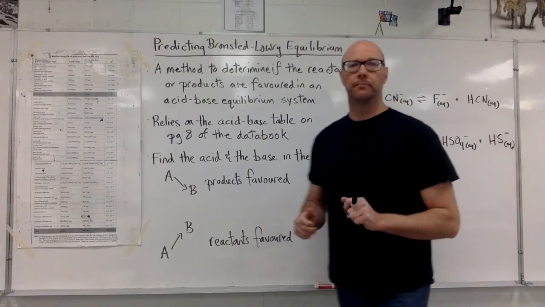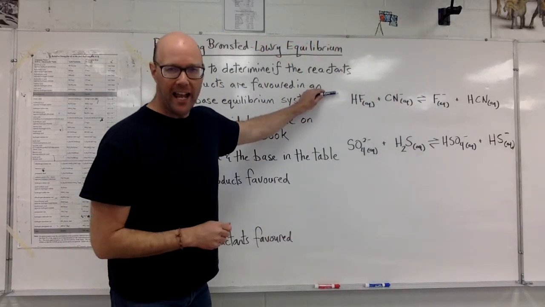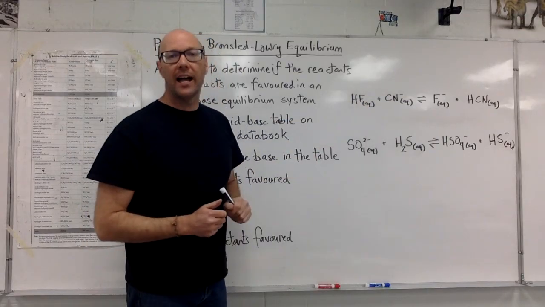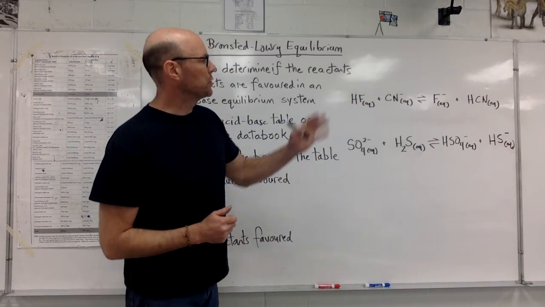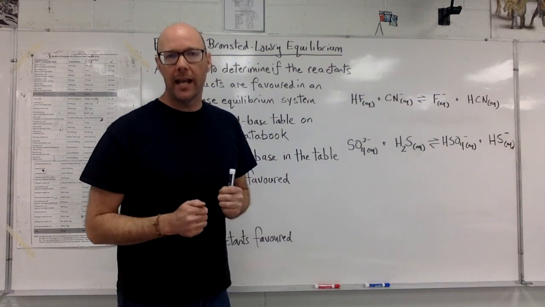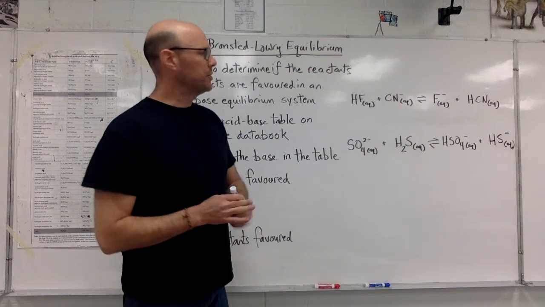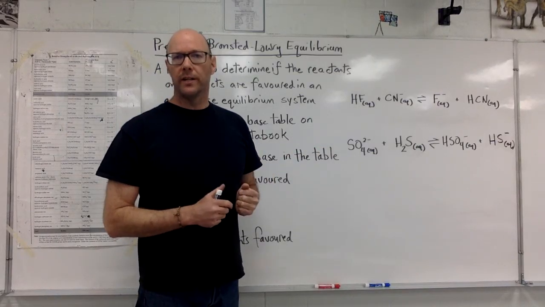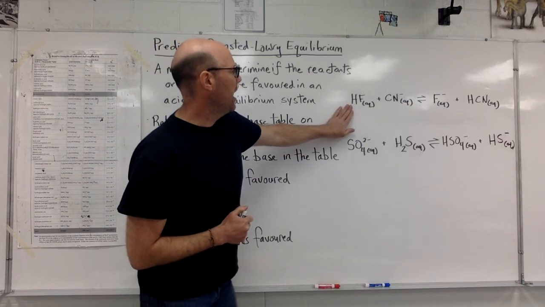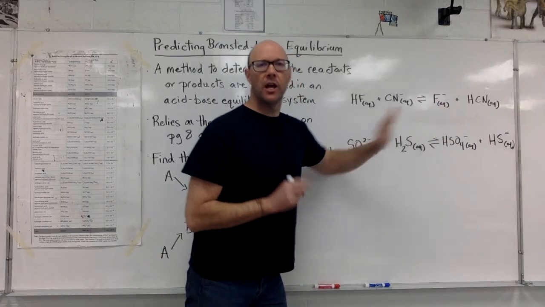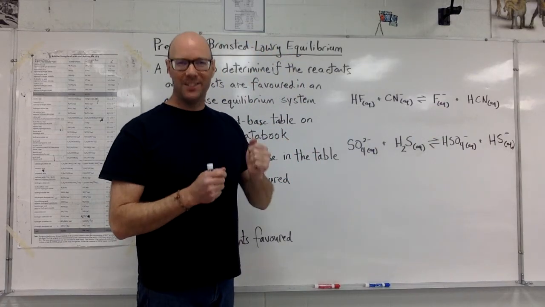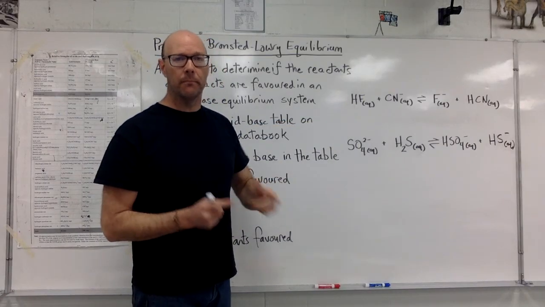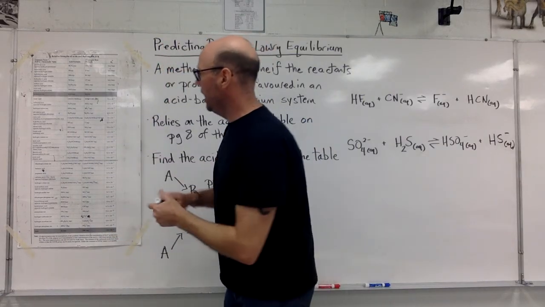Here's two examples. I have HF, hydrofluoric acid, reacting with cyanide ions to produce fluoride ions and hydrocyanic acid. My first step is to look at the two reactants and decide which one is the acid and which one is the base. HF turned into F minus, it lost that H plus, it donated a proton. The HF is the acid. I need to find it on the acid-base table. HF,